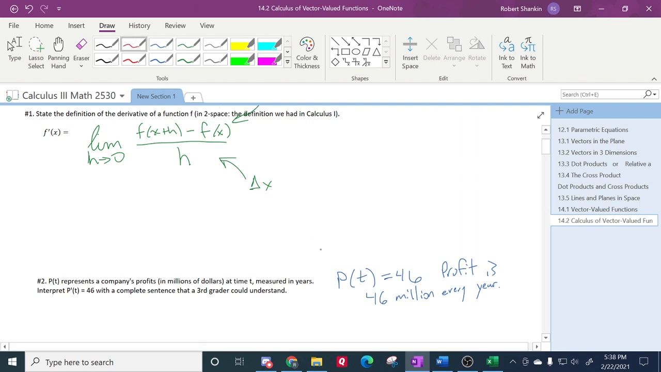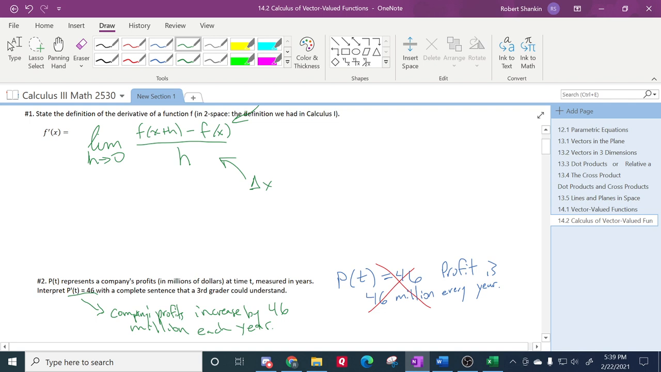We have P prime of t is 46. And so this is the company's profits increase. It's the rate of change by 46 million each year. So if it's independent of time, every single year its derivative is 46, that means every time